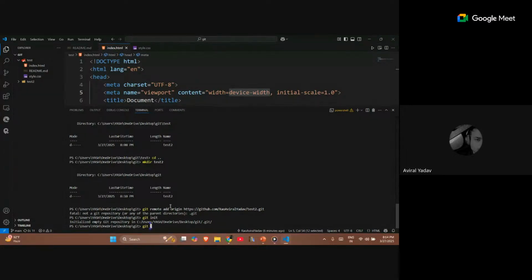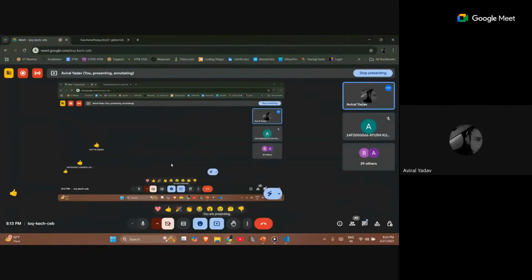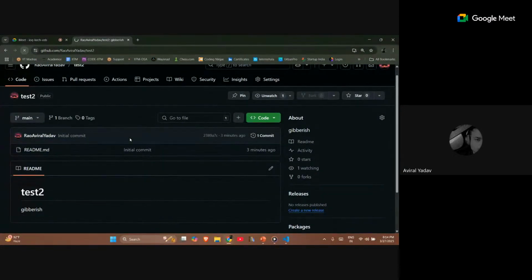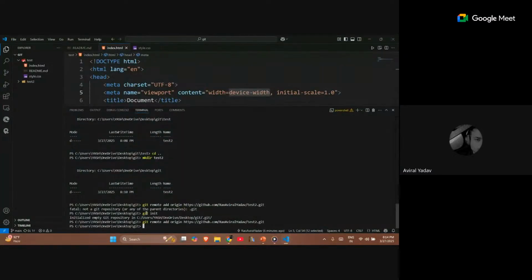And again, let's do git remote add origin, the repository that I want to add. As you can see, it is now added to the original repository that I created. It's just a longer step of your usual creation of this repository. I would recommend creating a repository through GitHub only, and then cloning it to your VS Code, because it's much easier than using git remote add origin, which is obviously a longer step than initializing it and then adding it again. It's just a longer version of the simple cloning method.